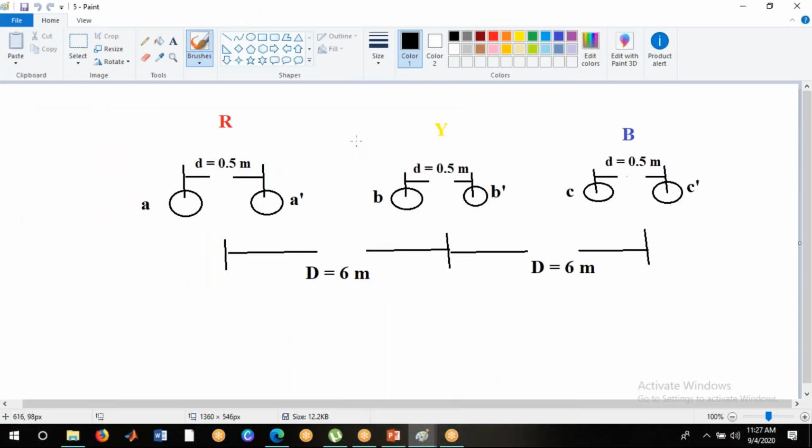So this is the circuit based on that given condition. See here, they given that a single circuit has that three-phase transposed line, and we have to find that inductance reactance per conductor, and it's having that GMR value. What is the GMR value here? 1.725 centimeter. Okay, now we have to solve for this.